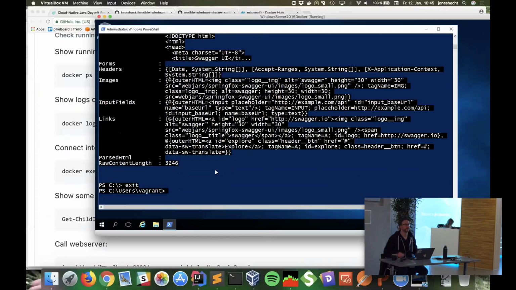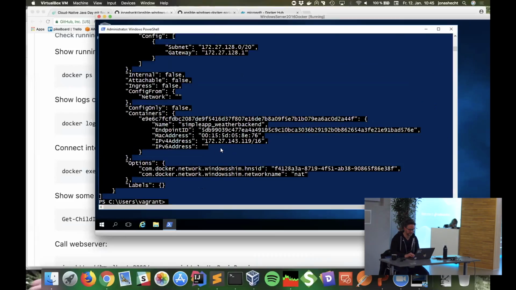And then Microsoft is still Microsoft, right? So you know this localhost loopback thing from the normal Docker implementation, where if you have published a port of your Docker container app to the host, you can just do localhost and the port, and then you're there. Microsoft just left that. So you have to know the internal IP of the container. So we have to just inspect the network. And here's our container.